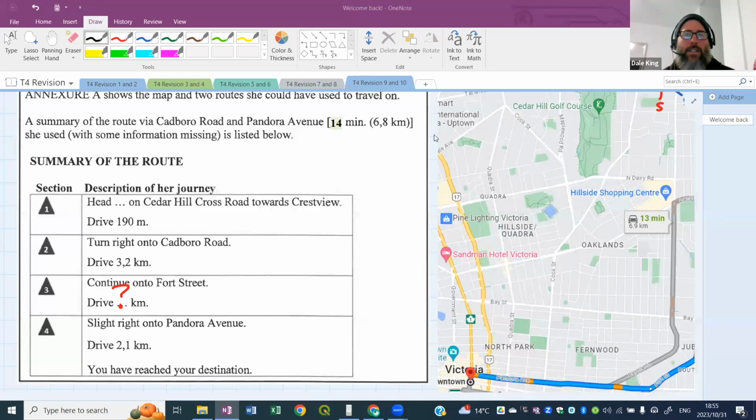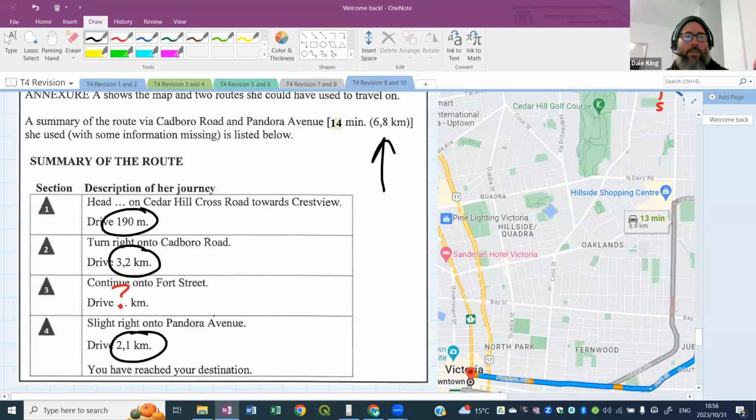Okay, that's quite big, eh? Just remember that in the question they say that the total journey takes 6.8 kilometers. So when Google Maps shows you your journey, they show you that your total is 6.8 kilometers. So for this one, what we'd have to do is take these values, 190 meters. Remember, that's meters, 3.2 kilometers, and 2.1 kilometers. And we'd have to subtract it from the 6.8. So we'd have to say 6.8 minus